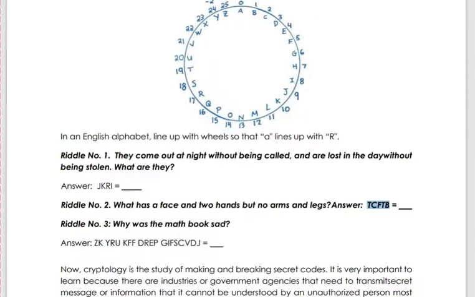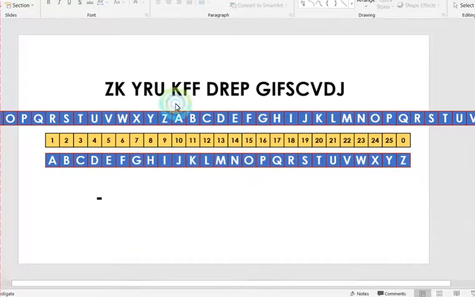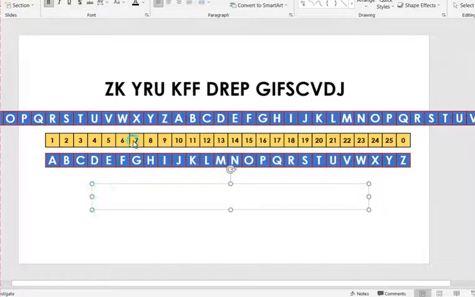Question is, why was the math book sad? And we are given an answer in encrypted na form or your coded na form as this one. So, sige, i-decrypt nato ang ining value. So, we have this one, so we have letter Z. So, letter Z here sa babaw is representing letter I. K is representing letter T, space. So, we have Y is representing